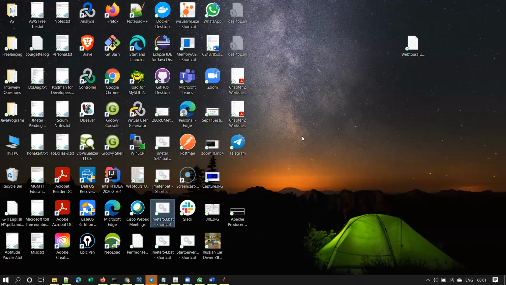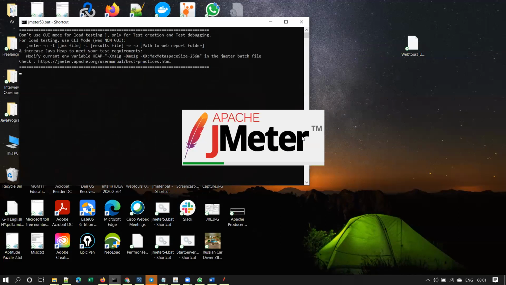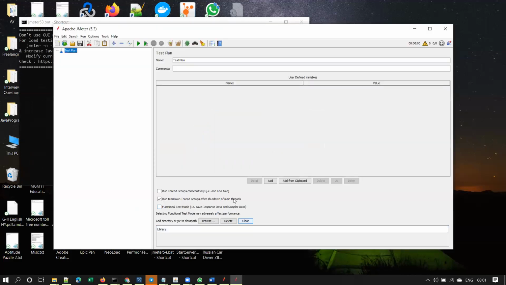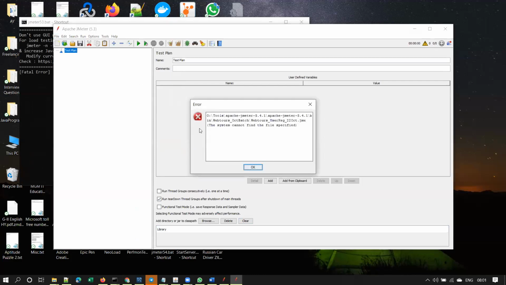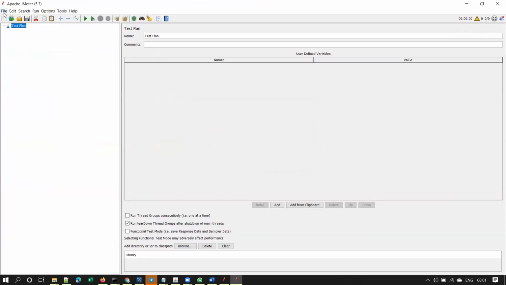I have JMeter 5.3 as well. Some companies or organizations, some people may still be using an older version. If it is 5.3, that is fine, but don't use 5.2 or 5.1.